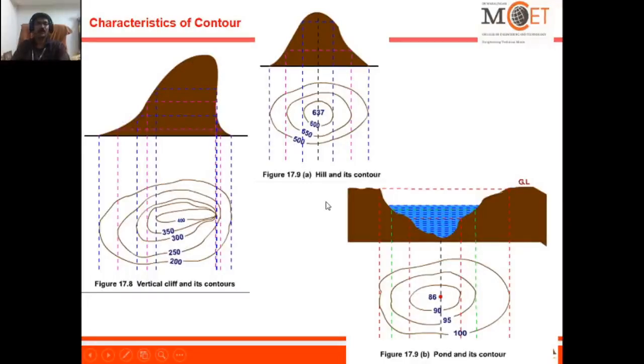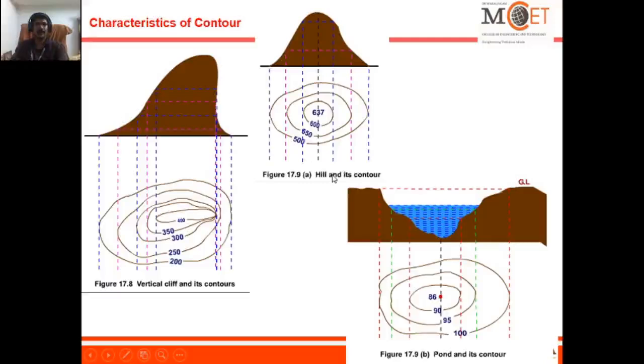But how can a hill be represented? The top will have a high elevation value and the bottom portion of the hill will have the low elevation value. So see, the broader outer portion has an elevation value of 500, the center one has 637. It keeps on increasing from outer to inner, from outer to inner. If you see such a representation in the map, increasing from outer to inner,